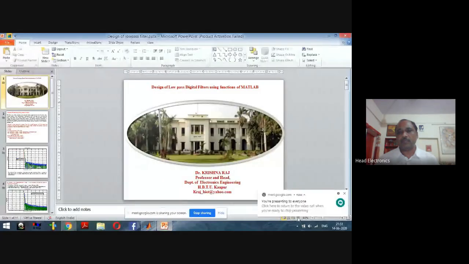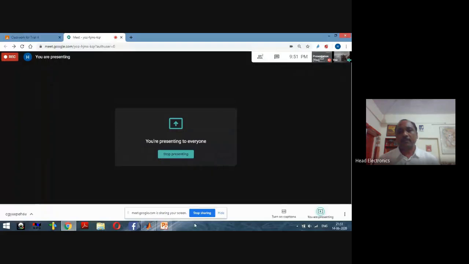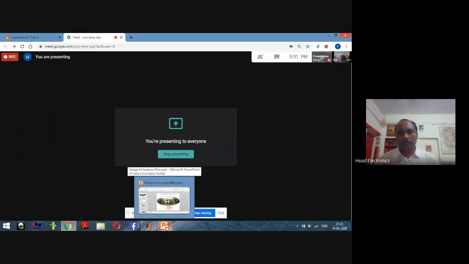Hello everybody. Today we will discuss the designing of the low pass filter using the basic functions that are used in MATLAB. We will use functions like design and fdesign, and in this designing approach we will utilize the concepts of the pass band edge frequency, stop band edge frequency, and then the attenuation in the pass band, attenuation in the stop band,